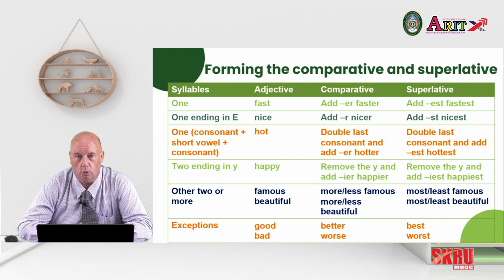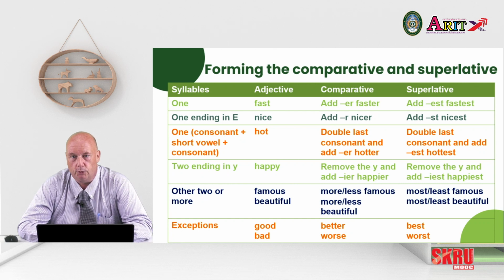And with three syllables or more, beautiful. Susan's more beautiful than her sister. Songkla is less beautiful than Kolipe. And so on. You can do that with any of them. Intelligent, four syllables. Dan is more intelligent than his brother. He's probably the most intelligent person I've ever met.